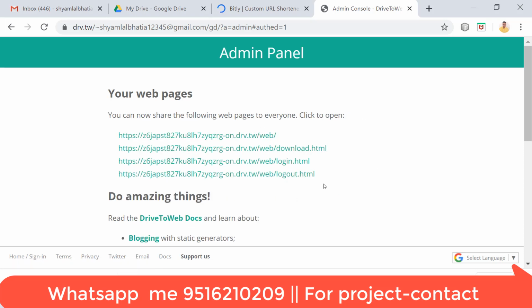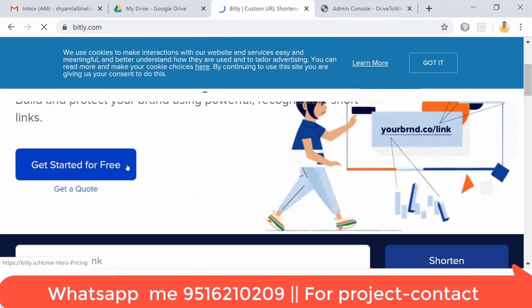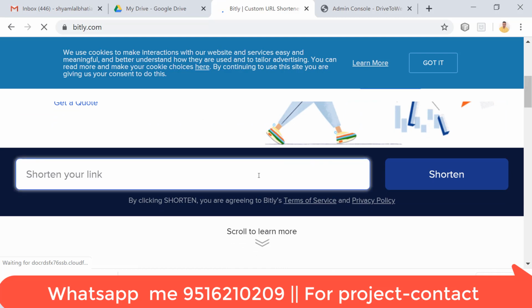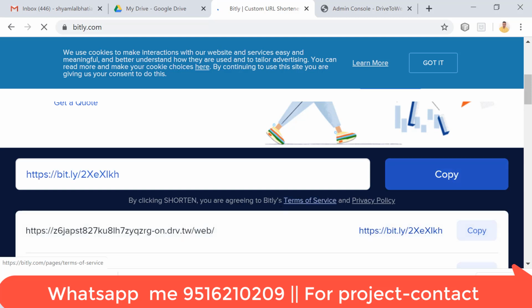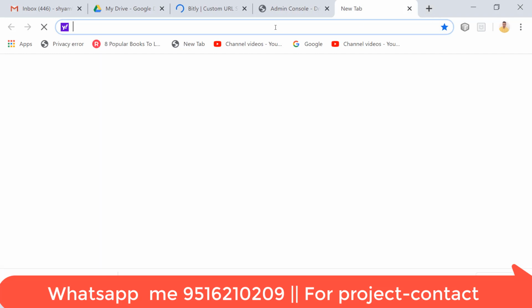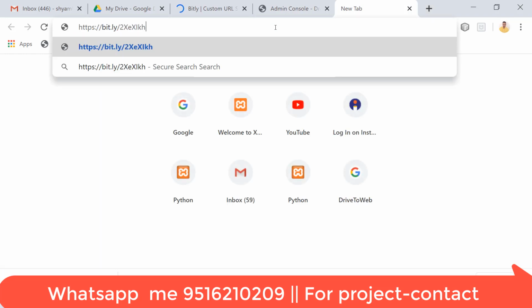Okay, it's done. And this is one more thing: if you copy it, and just make a short link, go to the short link site Bitly and get it shortened. If you press Control V and then shorten, yes, my Bitly link is https colon, that is hypertext transfer protocol secure, bitly.2 capital X E N. Yes, if I copy that link, I will find my website everywhere, and it is the live website which I made here.